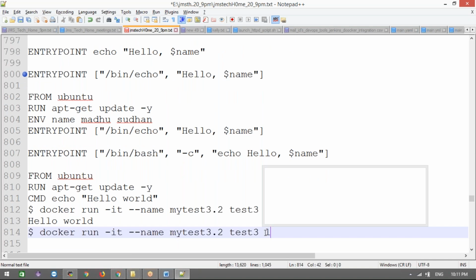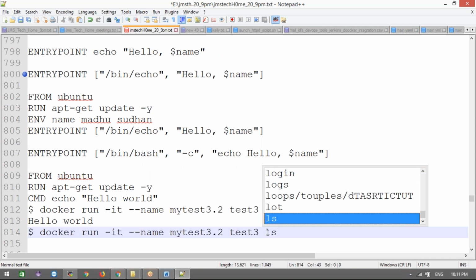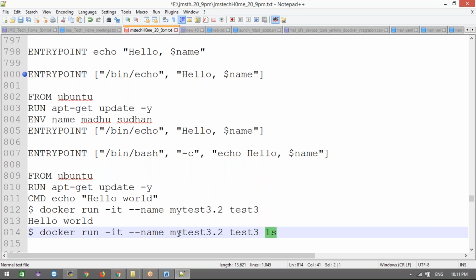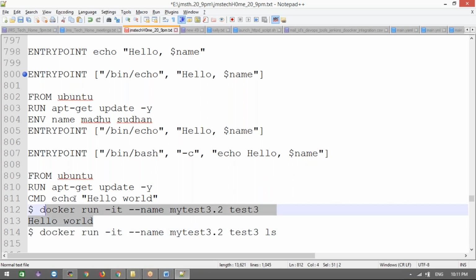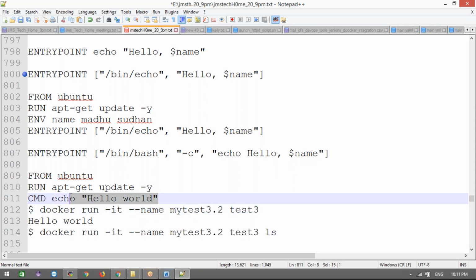For example, I'm going to override with ls or ping or uptime or hostname, whatever command you want, you can run it, and instead of hello world, it will print this command's output. This CMD was ignored. That means the CMD value is overridden while running the docker run command.